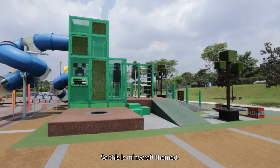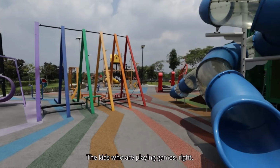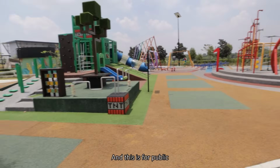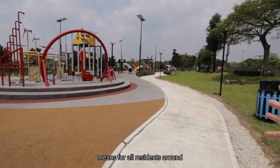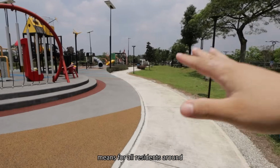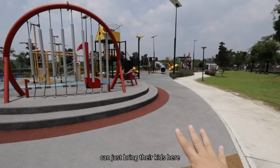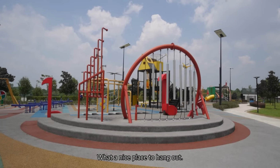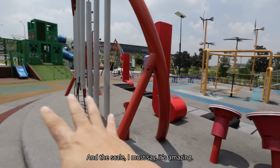So this is a Minecraft themed. The kids who are playing games, right, they're gonna go insane over it. And this is for public, means for all residents around the address can just bring their kids here during the weekends, on the evenings. What a nice place to hang out. And the scale, I must say, it's